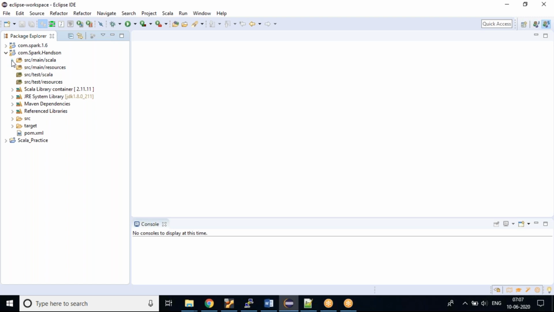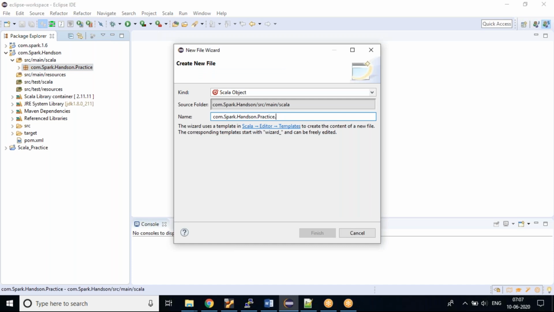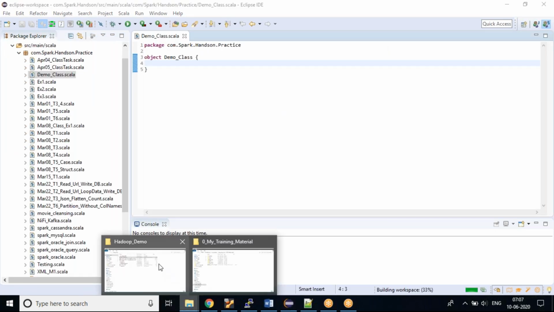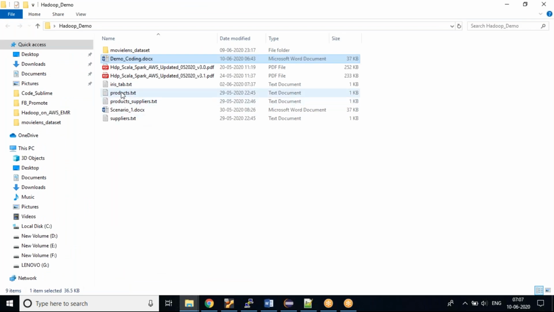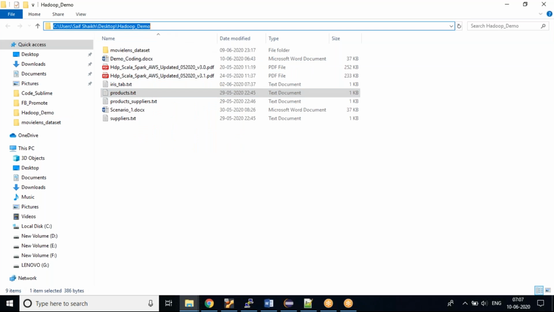So what I'll do is I'll create an object. What is an object? What is a class? That will be taken care of in further trainings. So what I'm doing is, let's say, demo class. I'm just creating an object of it. I'll show you where all my files are kept. I've kept all the three files ready with me, like products CSV. I'll just copy this path.